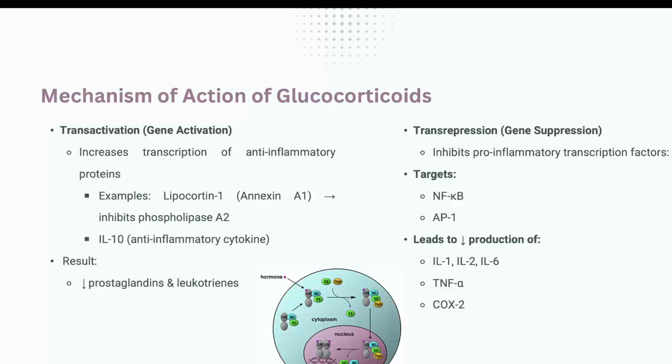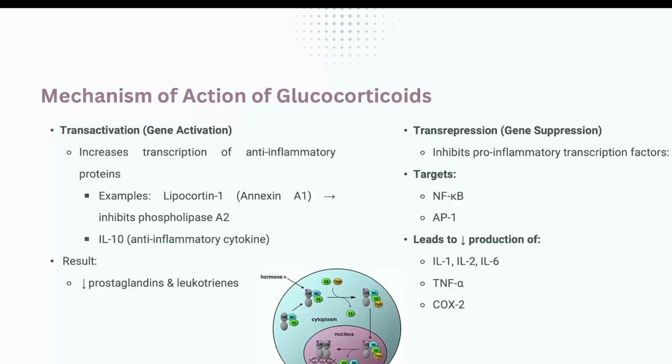It also leads to increased transcription of anti-inflammatory cytokines like interleukin 10. Transrepression leads to inhibition of some pro-inflammatory factors, for example nuclear factor kappa B,